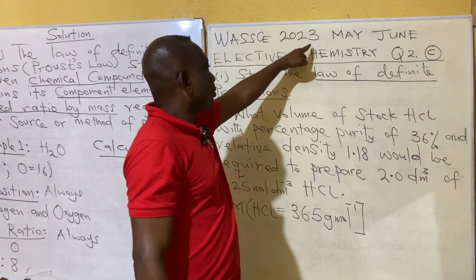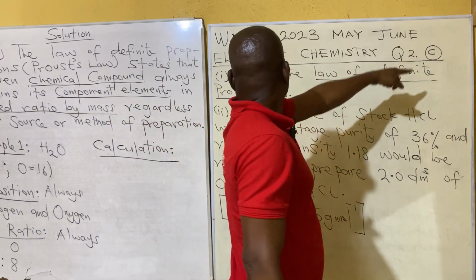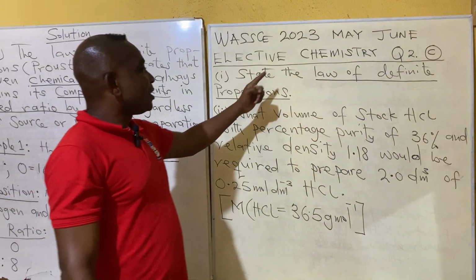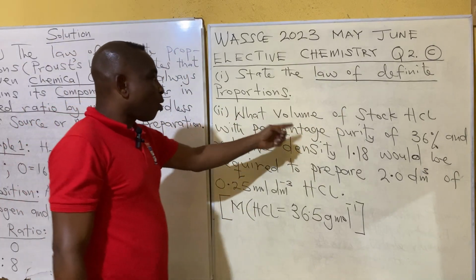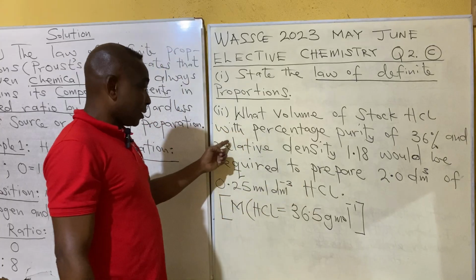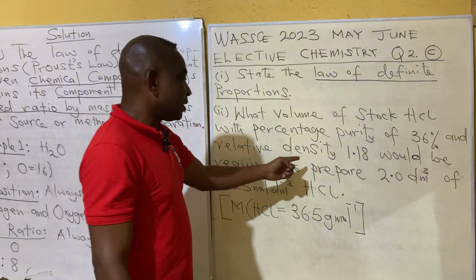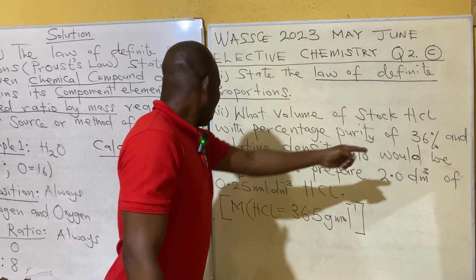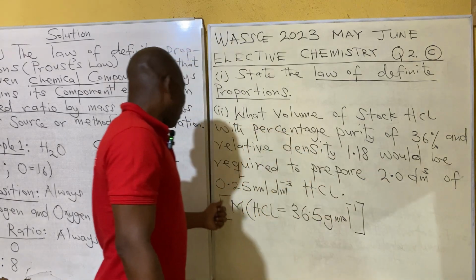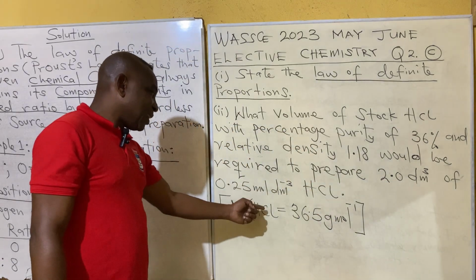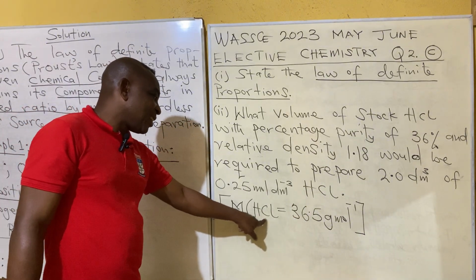WASSCE 2023, May-June, Elective Chemistry, question number 2C. I. State the law of definite proportions. II. What volume of stock HCl with percentage purity of 36% and relative density 1.18 would be required to prepare 2.0 dm³ of 0.25 mol/dm³ HCl? Molar mass of HCl is equal to